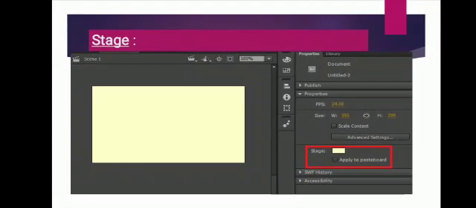The gray area surrounding the stage is called the work area, and this area can contain graphic elements which can be moved to the stage as and when required. We can modify the view of the stage by selecting the View, Zoom In and Zoom Out options as well. The shortcut for zoom in is Ctrl plus equal sign and zoom out is Ctrl plus minus sign. Okay, so this is all about the stage.